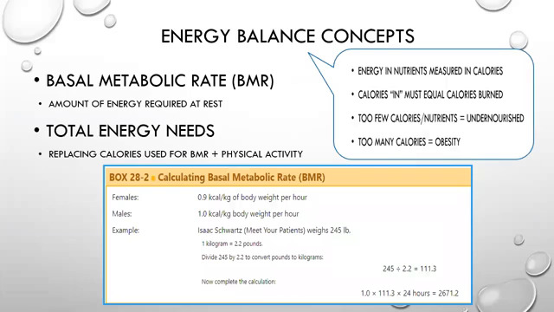So energy balance concepts. Basal metabolic rate, or BMR. This is a measure of energy used while at rest in a neutral temperature environment. It is the energy required for vital organs such as the heart, liver, and brain to function. So your BMR is how many calories you are burning. How much energy are you required to have in order to just make your body do what it needs to do while you're sitting in a chair, just breathing, doing nothing. If you expend no energy, you're not running, you're not exercising, you're just sitting there, your basal metabolic rate is just the minimum amount that your body needs just to live.